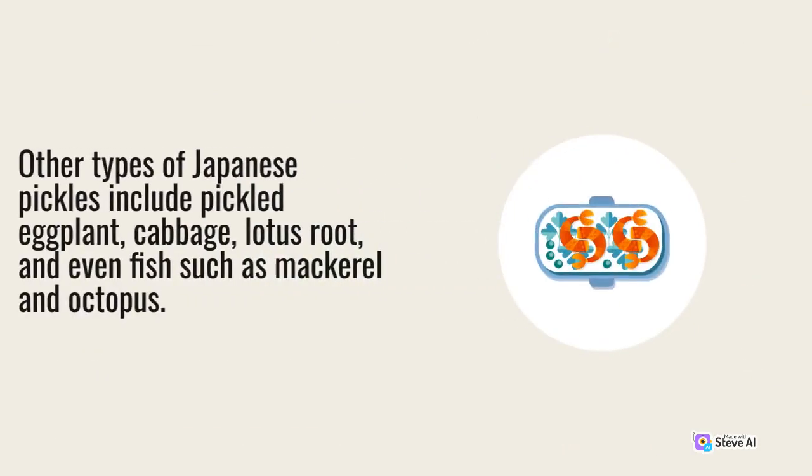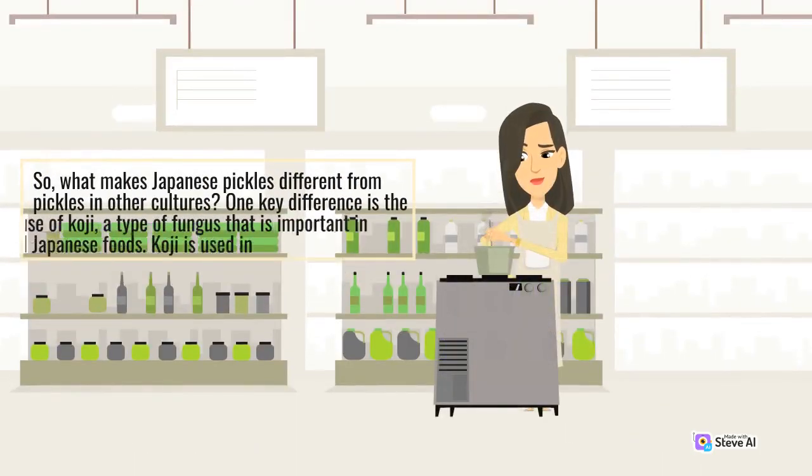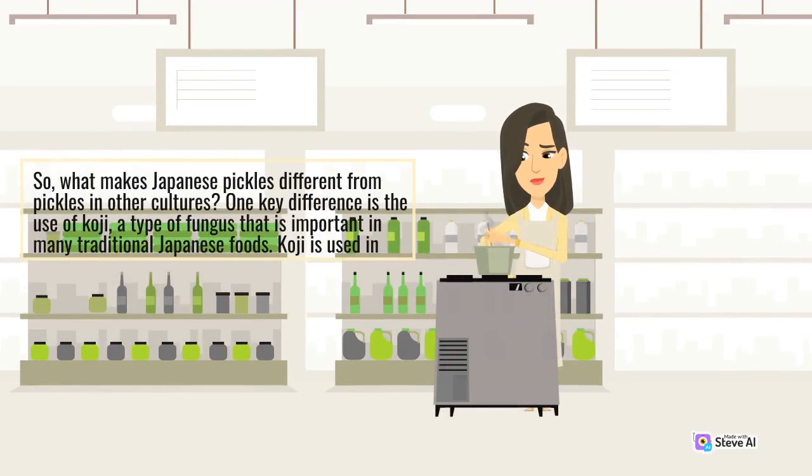Other types of Japanese pickles include pickled eggplant, cabbage, lotus root, and even fish such as mackerel and octopus. So, what makes Japanese pickles different from pickles in other cultures? One key difference is the use of koji, a type of fungus that is important in many traditional Japanese foods. Koji is used in